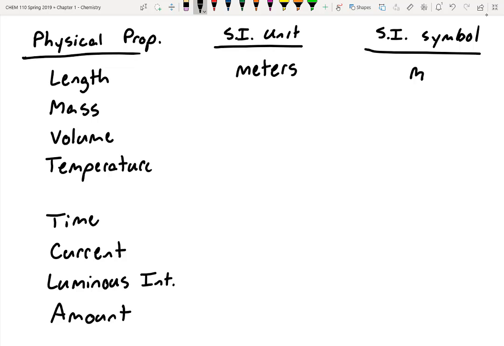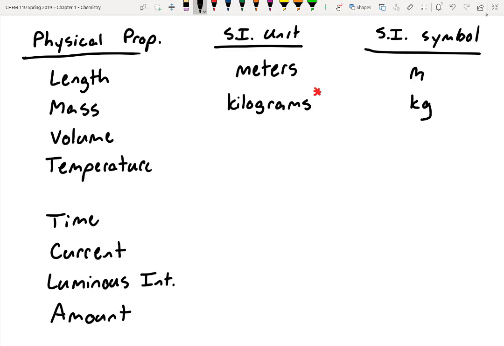All right, next one, mass. It's not pounds. How did we measure mass yesterday? Grams. It's a little bit weird for this one. The standard SI unit is kilograms. However, I'm going to put an asterisk here because chemists like to just use grams, right? So we'll make a note at the bottom. All right, the standard symbol is lowercase k, so make sure that you do pay attention to capitalization, and then g for grams, right? We don't want a capital K.